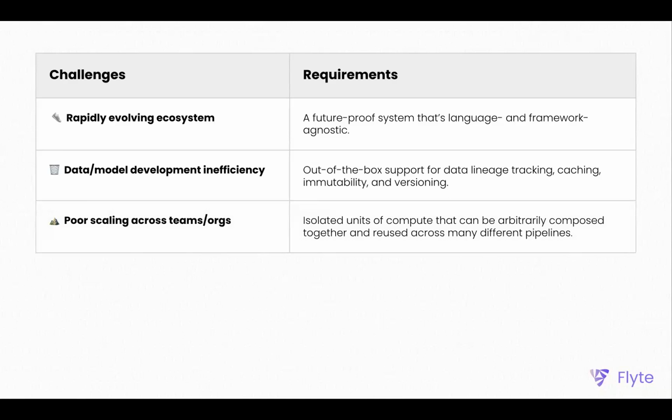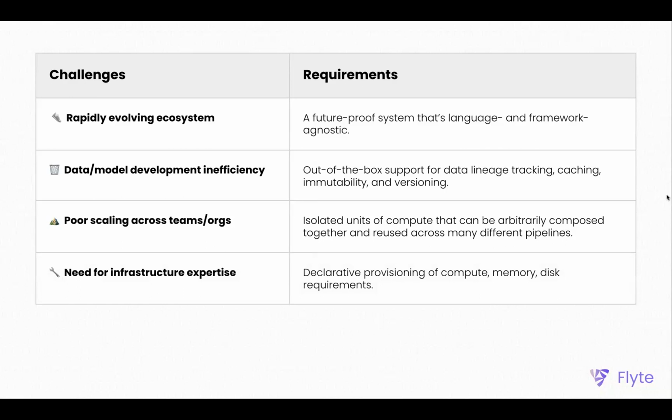For the poor scaling across teams problem, it would be really cool to have isolated units of compute. So in my graph of 100 nodes, and some Flyte users have 1,000 node graphs, each node has isolated permissions to data, maybe different resource requirements, and the runtime environment, the Python dependencies, the operating system dependencies, are all isolated to that one node. If I change stuff in there, I'm not going to break anyone else downstream, and I don't have to worry about anyone upstream of me breaking my pipeline.